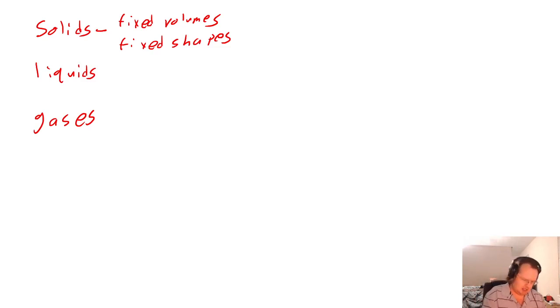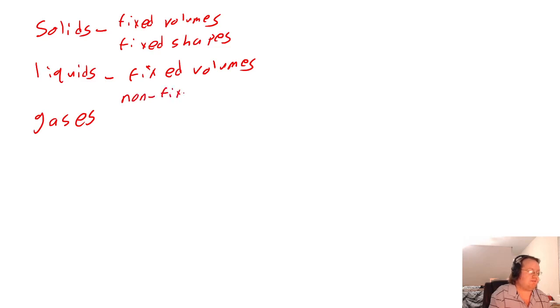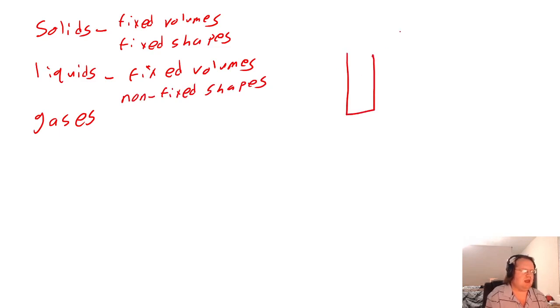Now, next coming up, we have liquids. These still have fixed volumes, but they don't have fixed shapes. So, non-fixed shapes. What that means, for example, is if I have a glass here, and it's empty, and